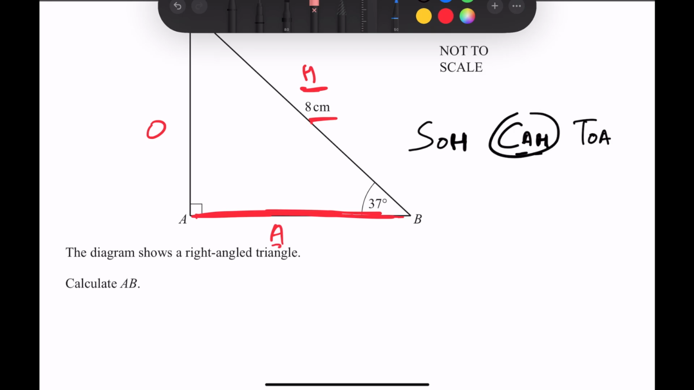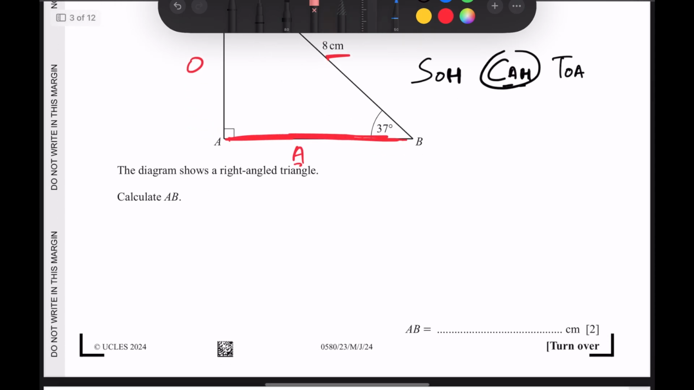Therefore, we use CAH, because it has the cos, which basically involves the angle. We have the hypotenuse and we want the adjacent, and these are the three variables we concern ourselves with, which are all in CAH. So it just means that cos of the angle is equal to the adjacent divided by the hypotenuse, and since